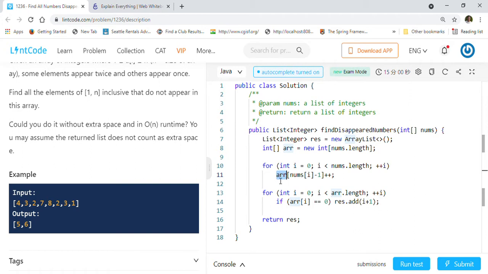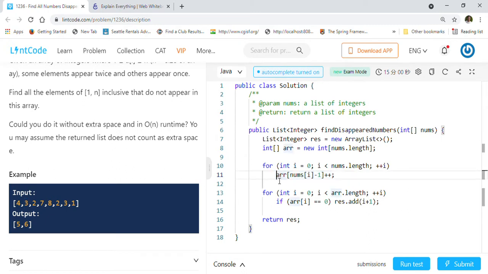So we will add 1 into that space. If it is 4, then we increment array[3] to 1. When it is 3, then array position 2 will become 1, like that.